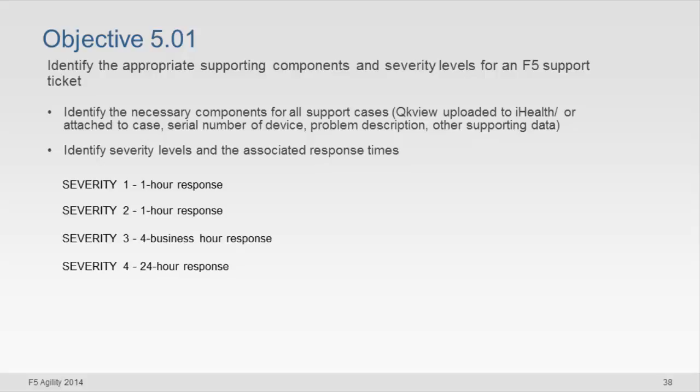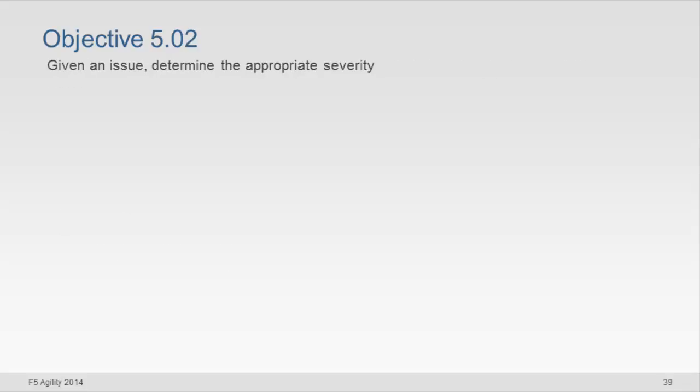You will see stuff on the test around severity levels and the different ones we have. We have SEV 1s, 2s, 3s, and 4s with F5. 1s and 2s have a 1-hour response time. 3s have a 4-hour response time, and 4s are generally a 24-hour response time. The definitions of them